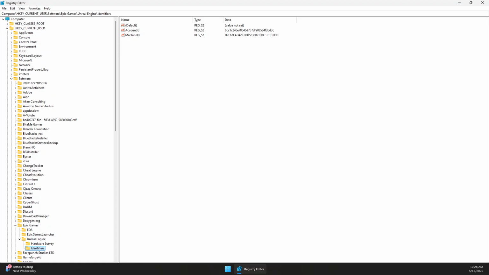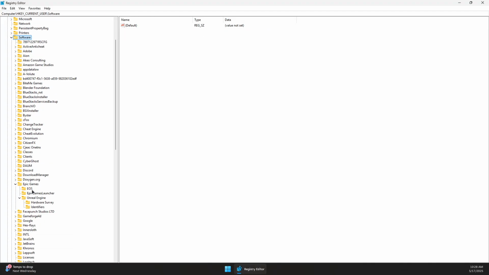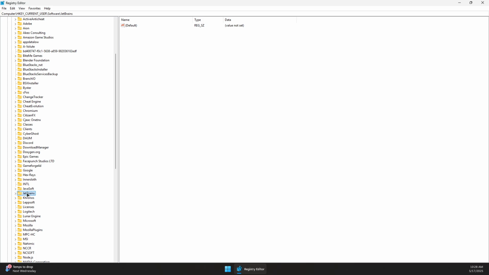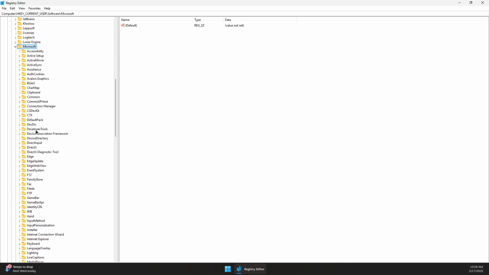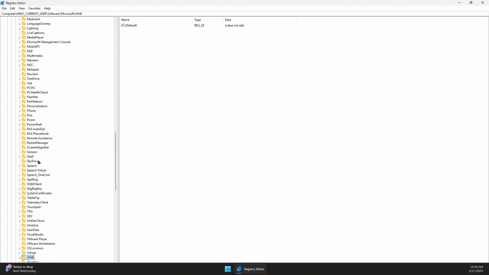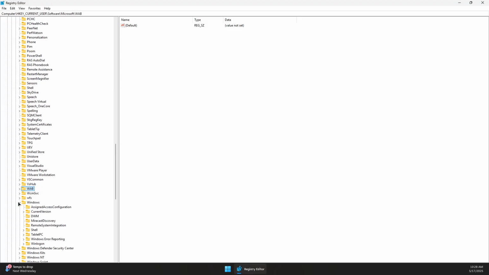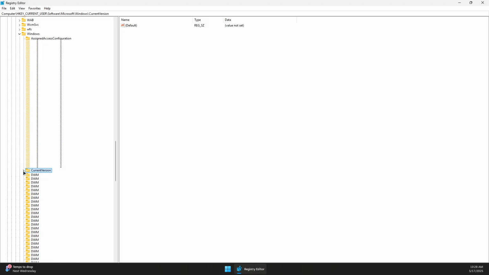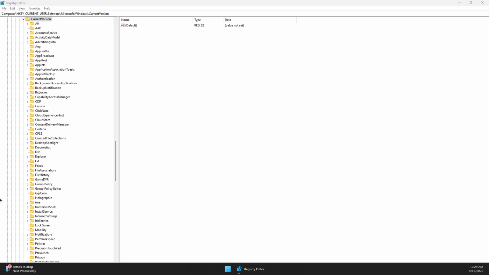In here we want to navigate to HKEY_CURRENT_USER, and then we want to expand Software, and then we want to expand Microsoft, which is right here. Now expand it, and then look for the Windows folder, then expand the Windows folder, expand CurrentVersion, and in here we want